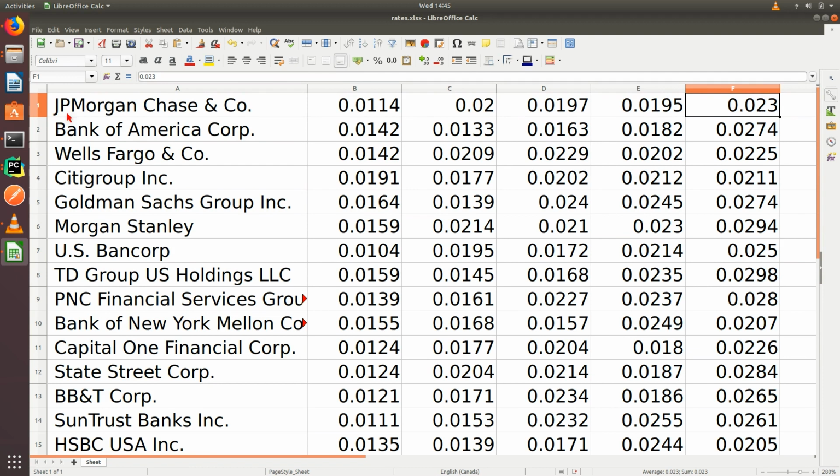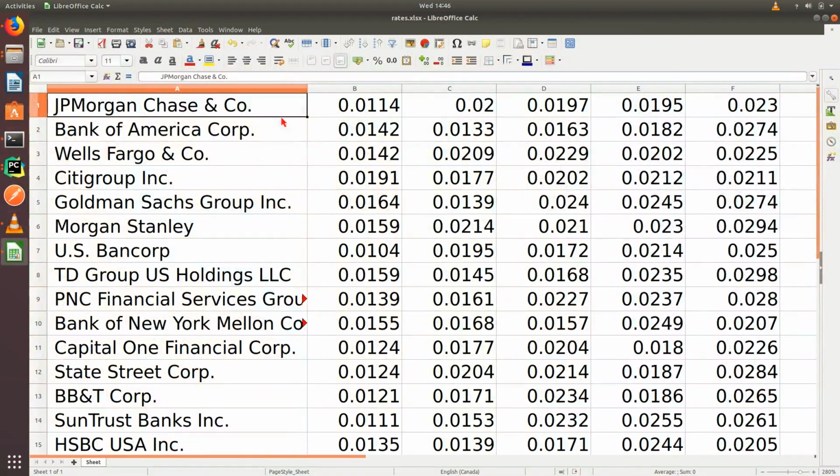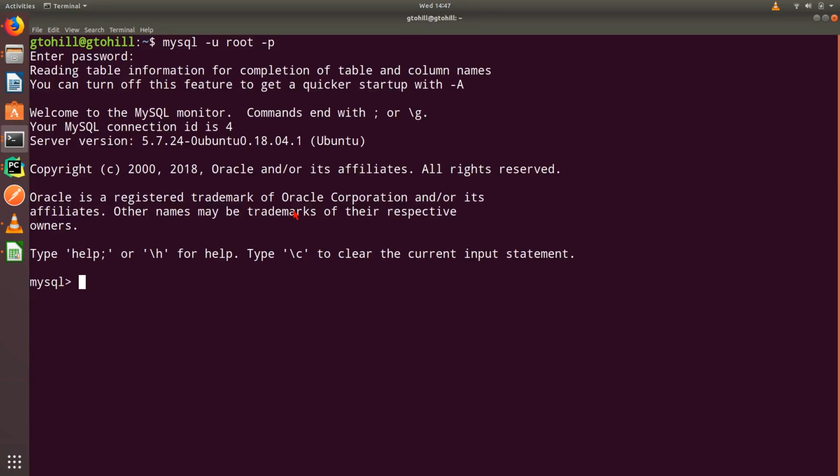reality. So we have an Excel spreadsheet here, or an XLSX spreadsheet. Companies are here, the interest rates are here, so year 1, year 2, year 3, year 4, year 5. So we're going to take this sheet here. This is our XLSX spreadsheet, and we are going to take the data and put it into a